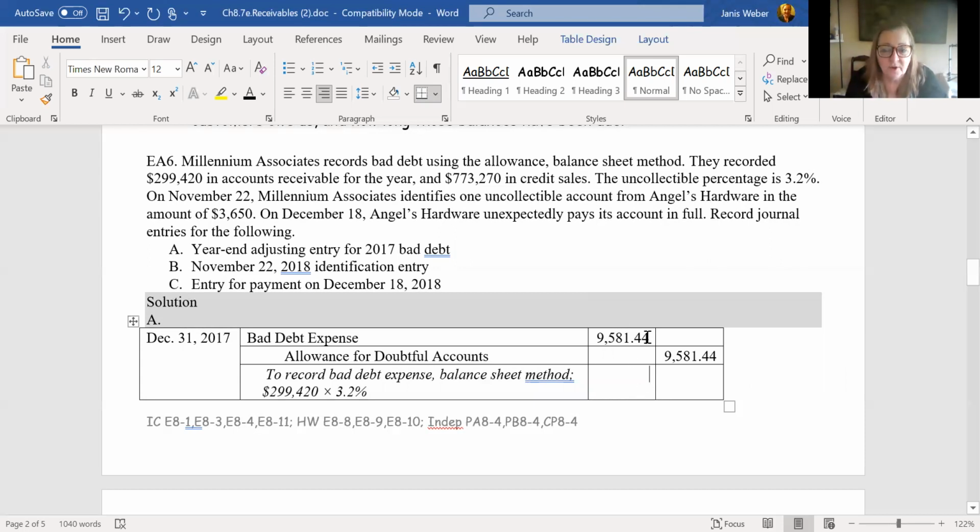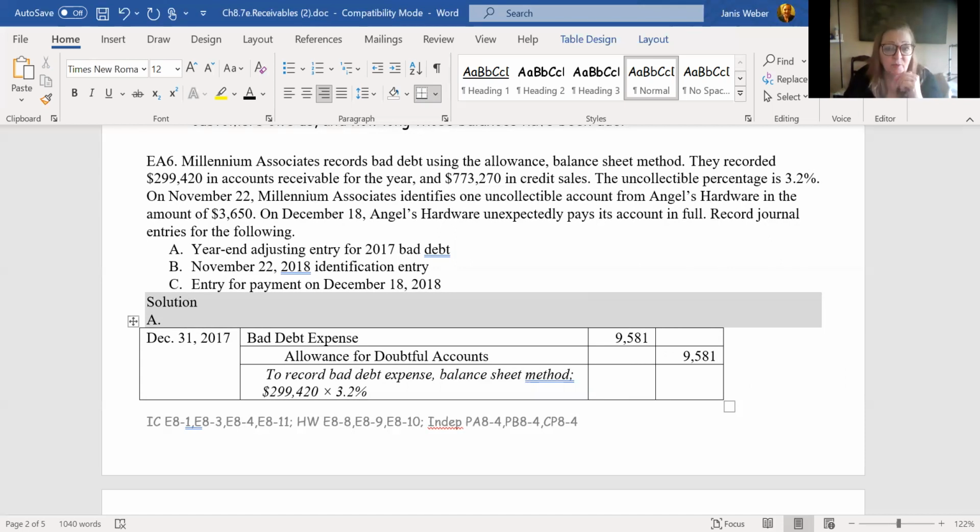They've got cents on it. I'm going to lose the cents because I usually make journal entries in whole dollars. So let's just go for that. $9,581, which is just $299,420 times the 3.2% that they said they're assuming is uncollectible of the balance sheet